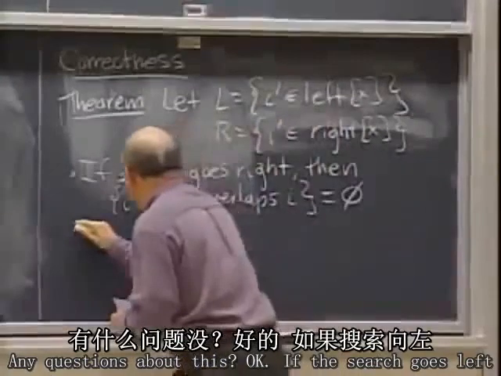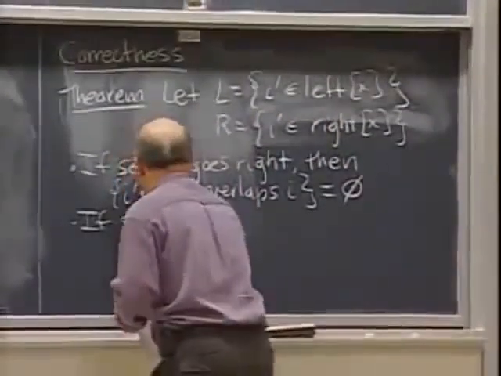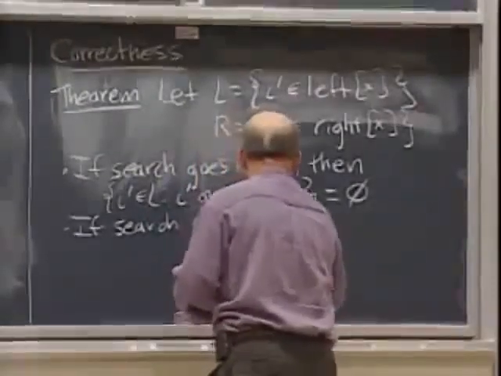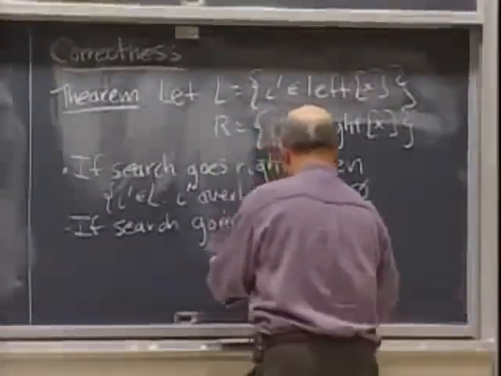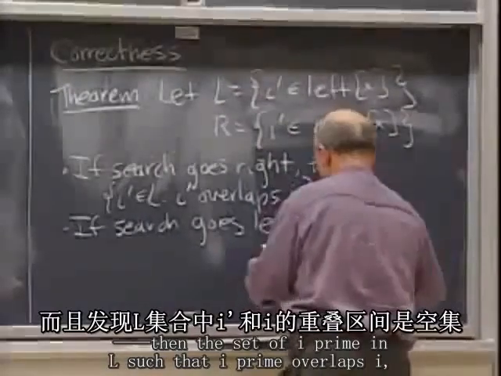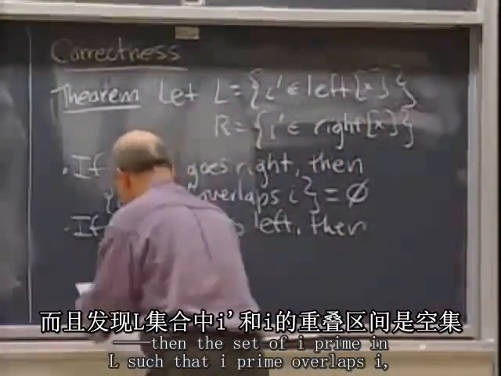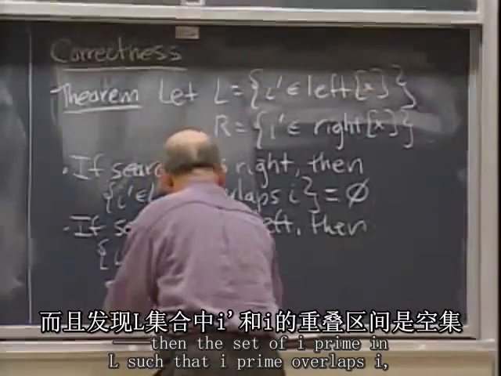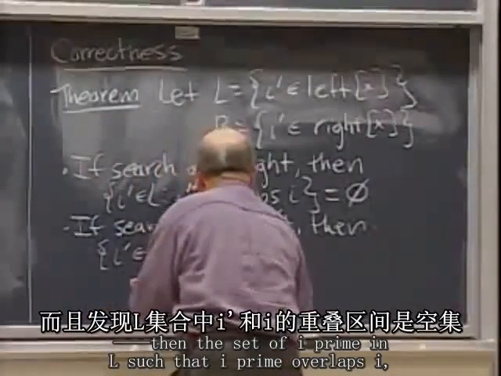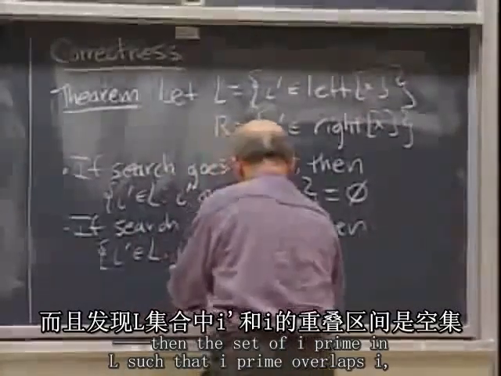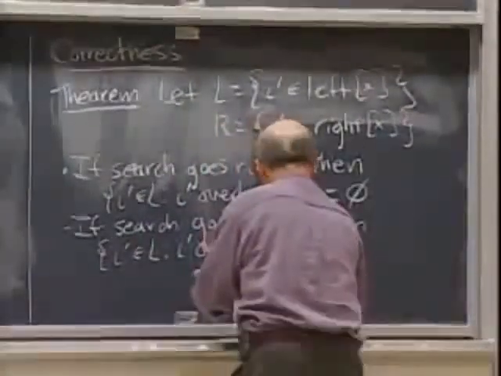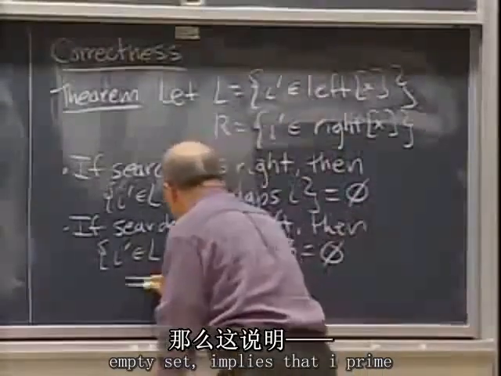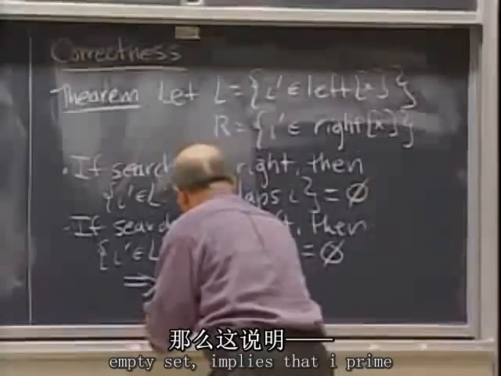If the search goes left, then the set of I prime in L such that I prime overlaps I is the empty set implies that I prime